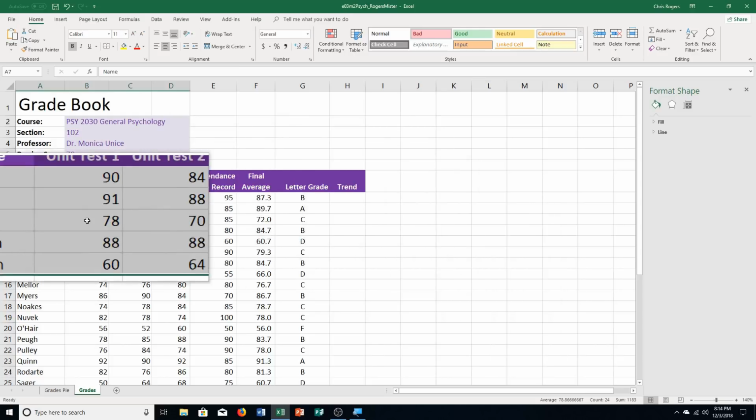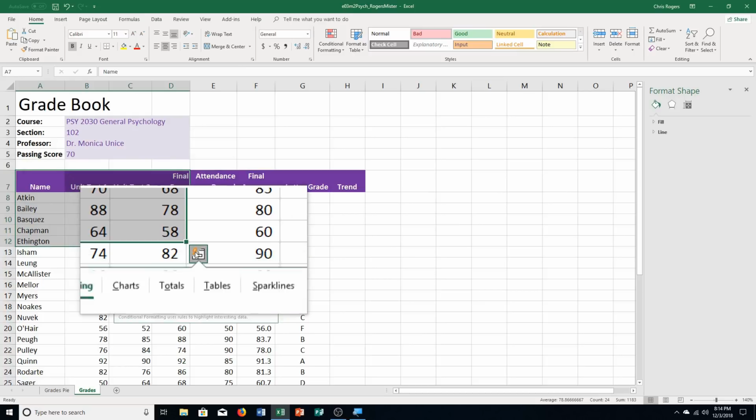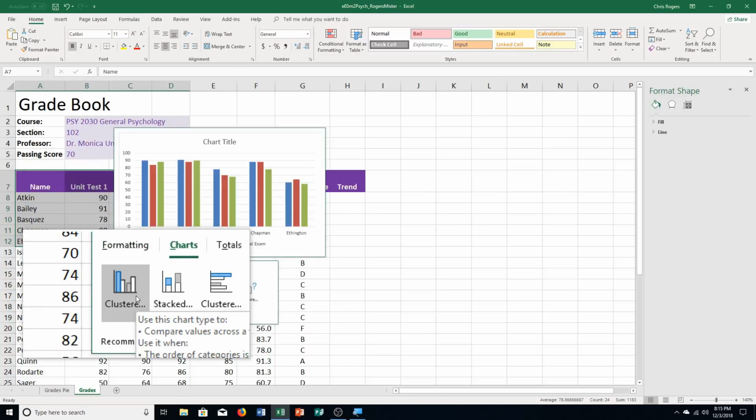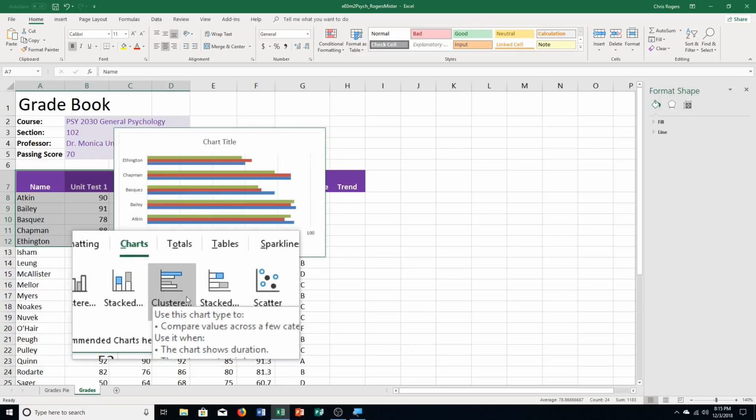And I'm going to hover over with my mouse. I'm going to click on the quick analysis tool. I'm going to choose charts, and then I'm choosing the clustered bar chart. So it should be, I believe, this one right here, because this is a bar chart, this is column. So bar,